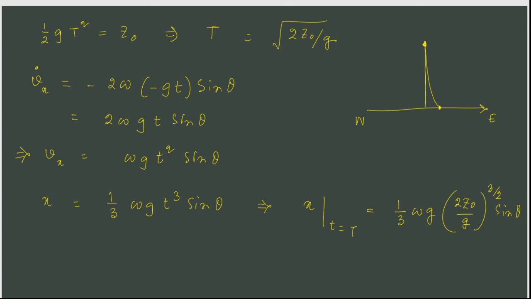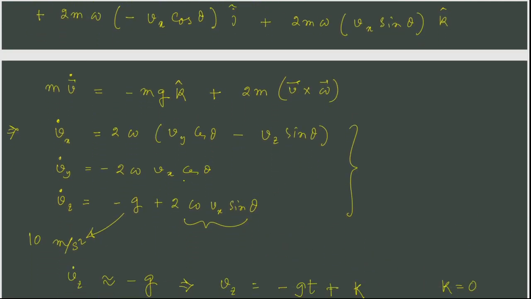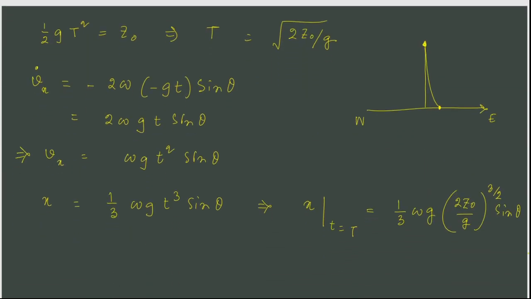Now suppose you argue that in these equations we are ignoring y, but suppose we don't ignore anything, suppose we keep everything and then try to solve it. Then definitely there would be a deviation along y, and along x. Then what would be the numbers? The numbers are slightly more cumbersome to calculate. We need to plug in the value of omega, which we can calculate knowing the radius of Earth, which is 6,400 kilometers, and that Earth rotates about its axis in 24 hours. So, the period being 24 hours, one can easily calculate omega. So suppose you plug in that value, and the value of g,